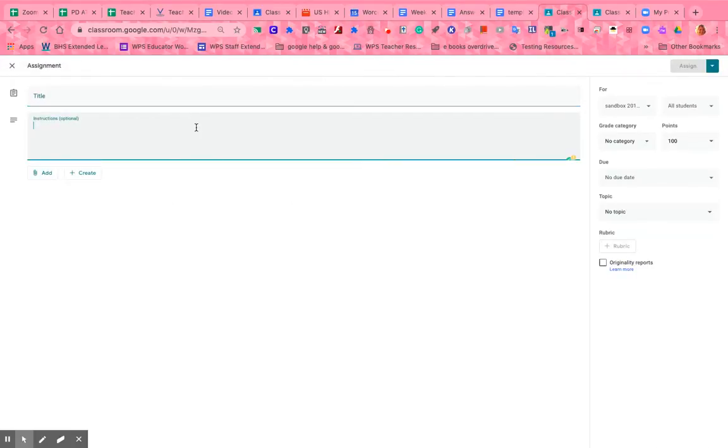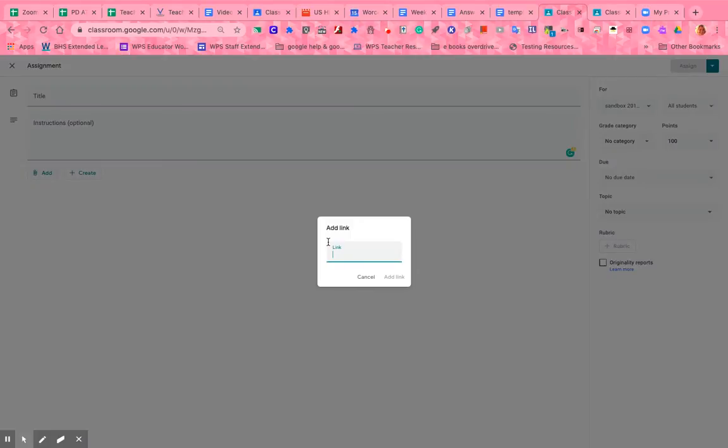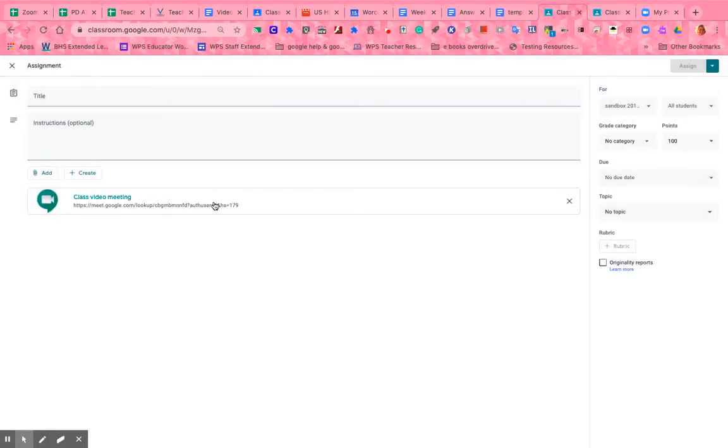I put on the date and time of when the students are going to meet. And I also added the link on. I'm just going to add it one more time just so you see it. Add the link to Google Meet, and we can say meets are on Monday. Meets are every Monday at 10 a.m. We can call it